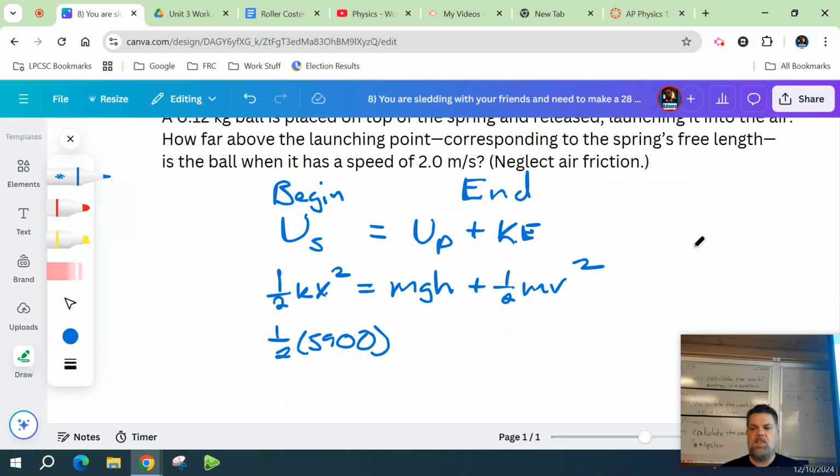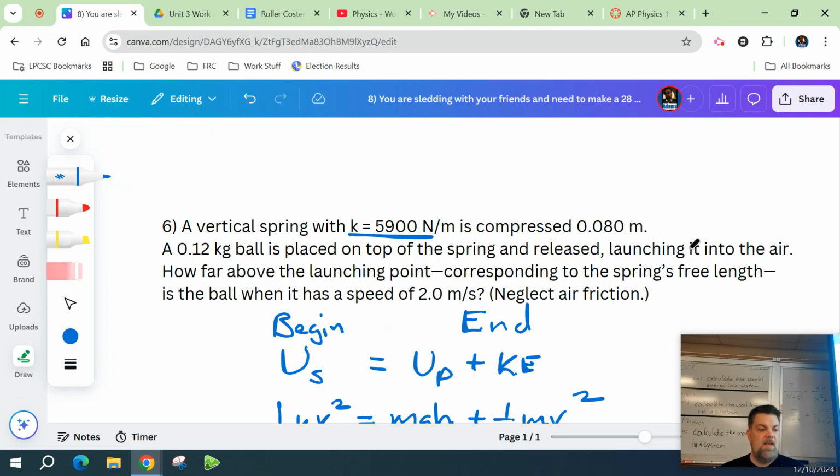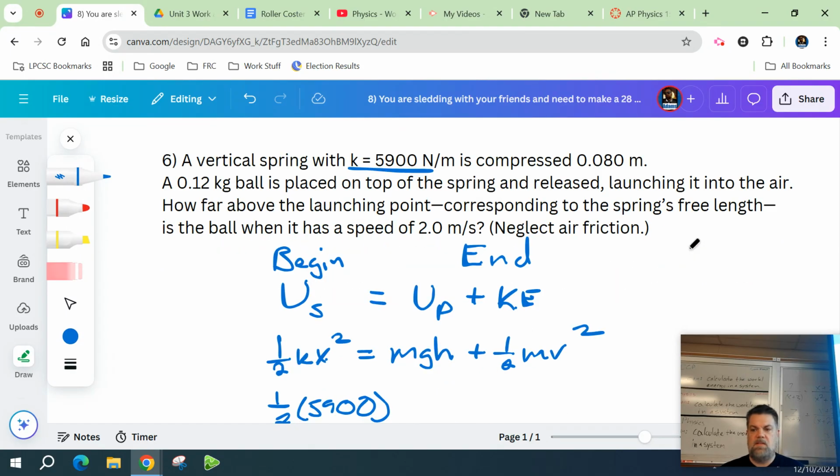Now the displacement is 0.08. And that's equal to the mass of the ball times the acceleration due to gravity times the height,